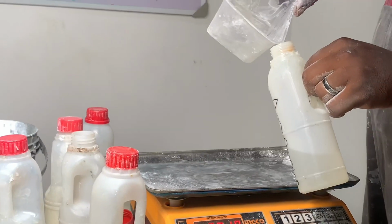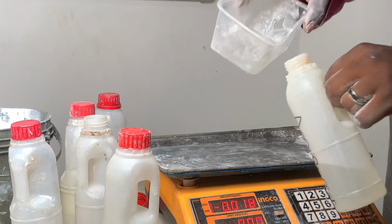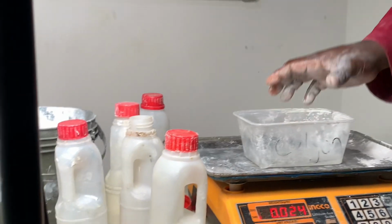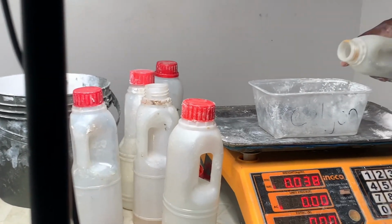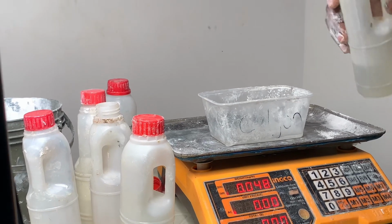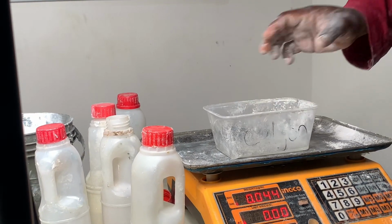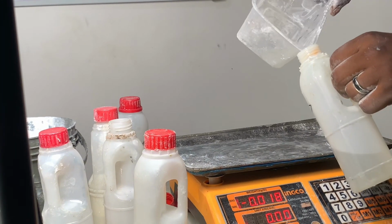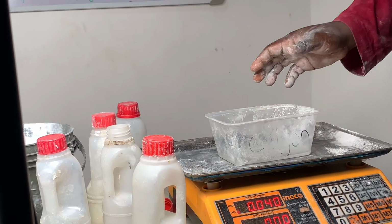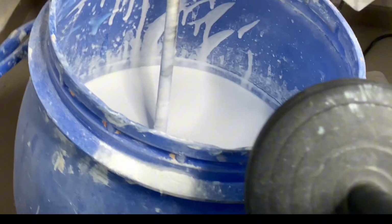Now, in paint production, the accurate pH level should be around 8 to 9, 9.5. A little bit on the side of alkaline. So they have to ensure that everything is 40 grams. Once it's 40 grams, we don't have to add more, because it doesn't have to be too alkaline. But if it crosses to the point of maybe 9,